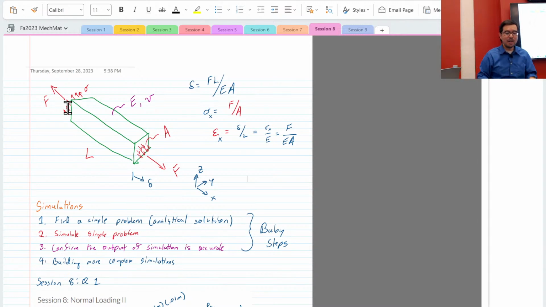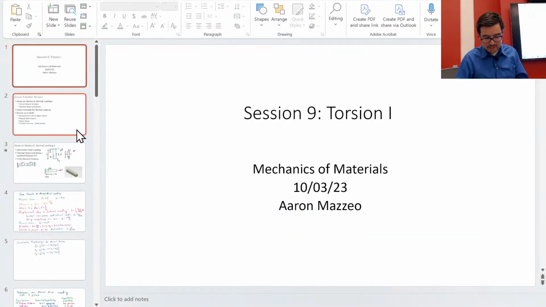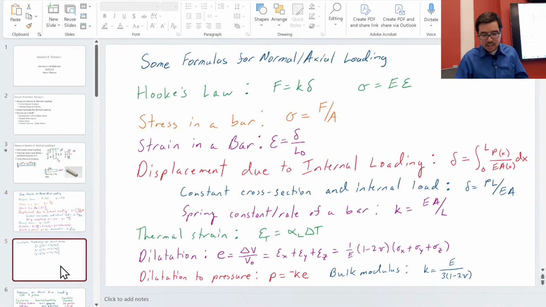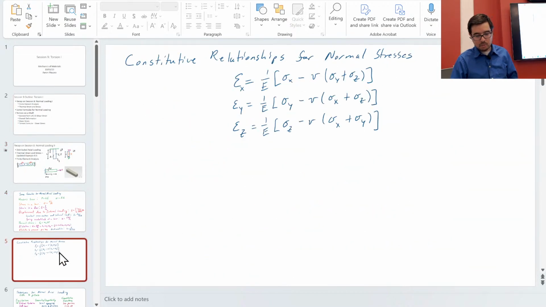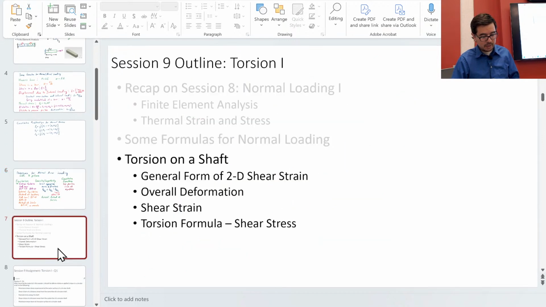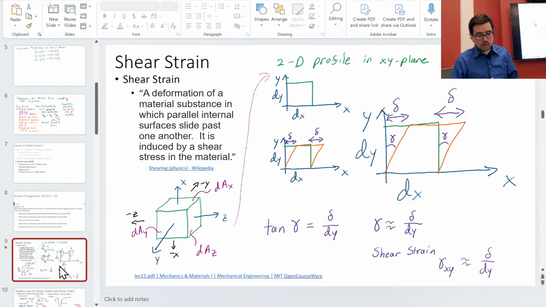Yes. Continue. All right. So torsion. And if you like, there are some formulas here that might be useful for normal loading. They're not all inclusive, but they're not bad. Okay, so we kind of skipped over shear strain. We didn't skip over it, but we kind of didn't have many questions on it. We've been like, let's just worry about the normal stuff, and we'll get back to shear. Well, we can't avoid it any longer. We're here,